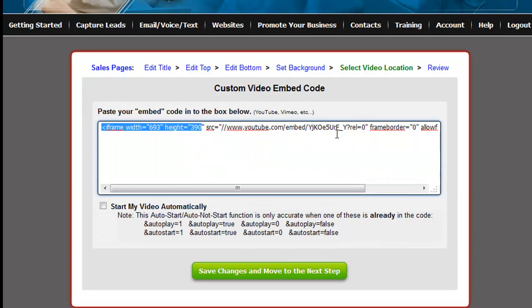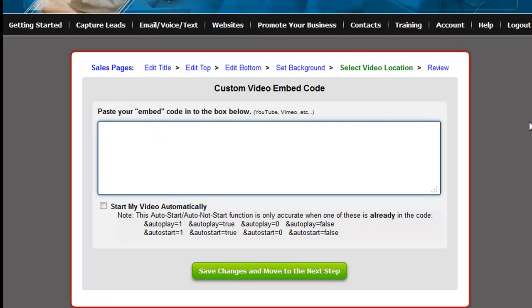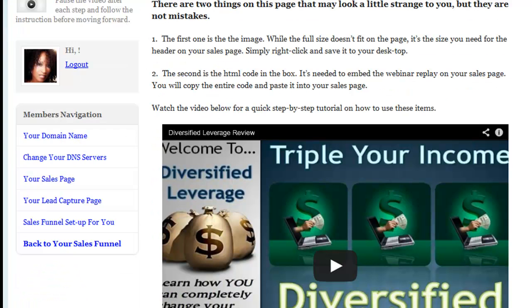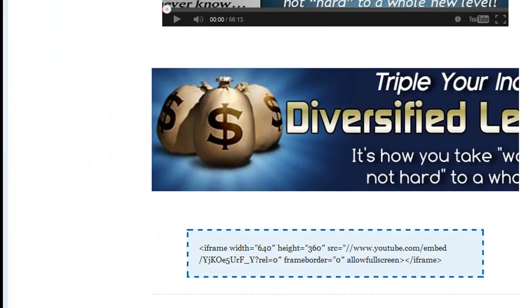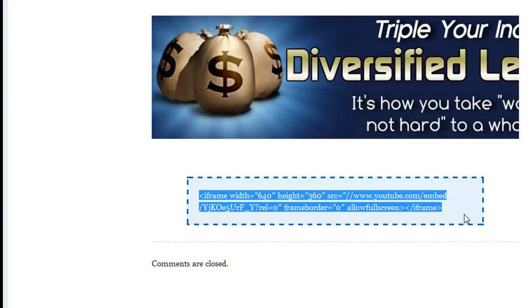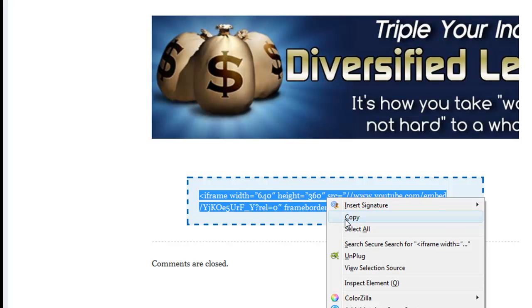Okay. Let me take this out so that you don't get confused, because when you get to this box, it's going to be empty. So what you do now is go back to our team site, and you'll notice probably since the last time you saw this, I've already changed the code from that long HTML to just an iframe. So you're simply going to select the code here. I'm dragging it with my left mouse button. Now I'm right clicking it and clicking on copy,